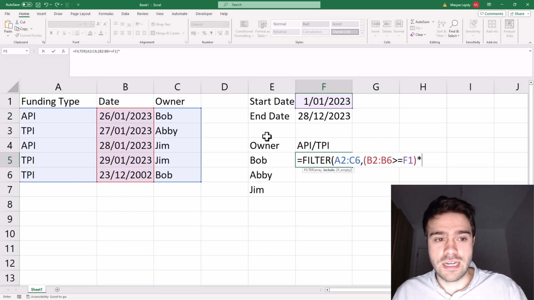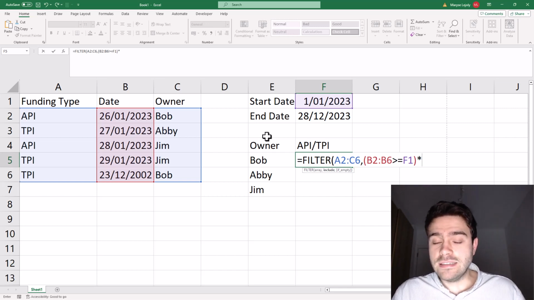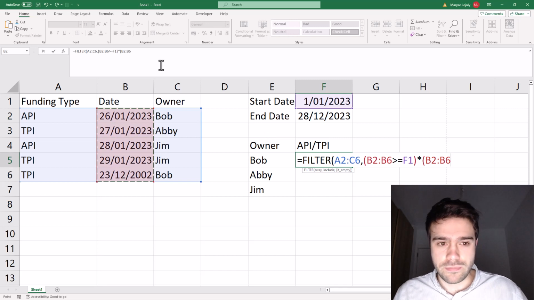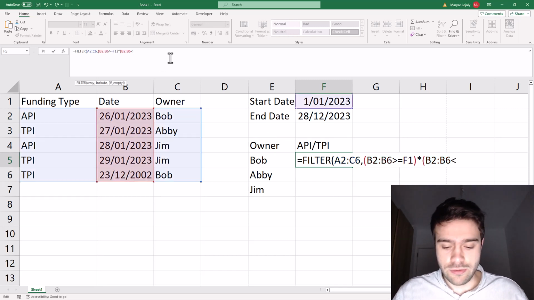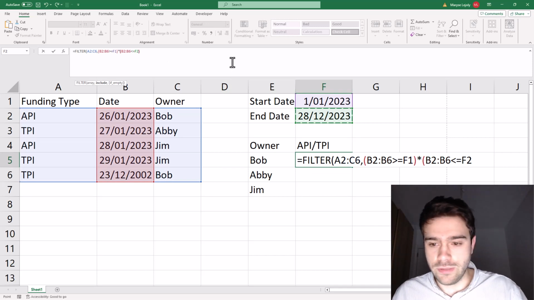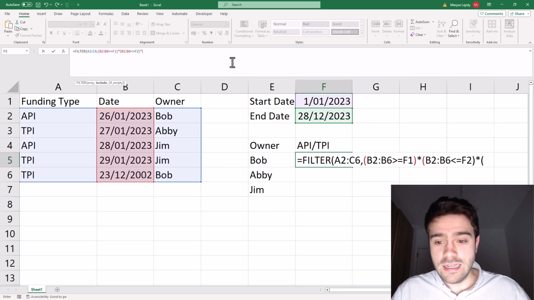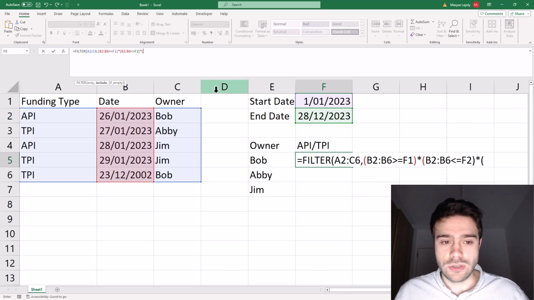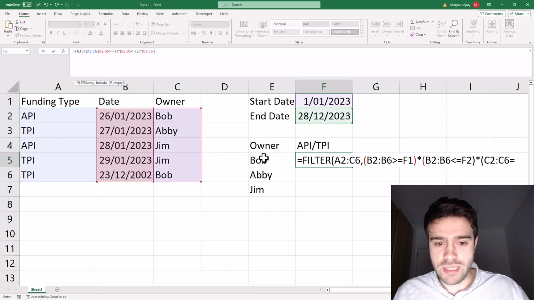Okay, then I go to the second criteria, and so I add each criteria with a multiplication, right? And how it works is for each criteria it will either be 1 or 0. If in the end it's 1, it will include it. If it's 0, it will not be included. So the moment one criteria does not match, the row will not be included. So for the second criteria, I once again select the date, and the date needs to be smaller than or equal to the end date. Very good. And then I have the last criteria, and that's that it needs to match the name of the owner. So I select the list here of owners, and it must be equal to the name of the owner